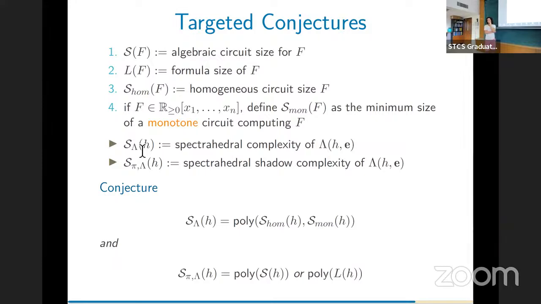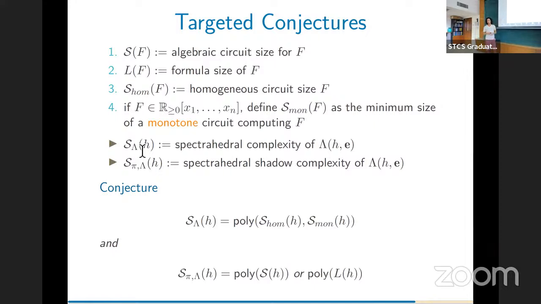So the elementary symmetric polynomials' homogeneous complexity is large, is it? Because the monotone complexity is small, right? No, the monotone complexity of the elementary symmetric polynomial is high. That's by Yehudayoff and Rubinstein. They have homogeneous in terms of the circuit, not the circuit computing a homogeneous polynomial. I don't want cancellation; every gate computes a homogeneous polynomial. So this homogeneous complexity is large for the elementary symmetric polynomial, by Rubinstein and Yehudayoff. So if you prove that this is related, then you get a lower bound, right?